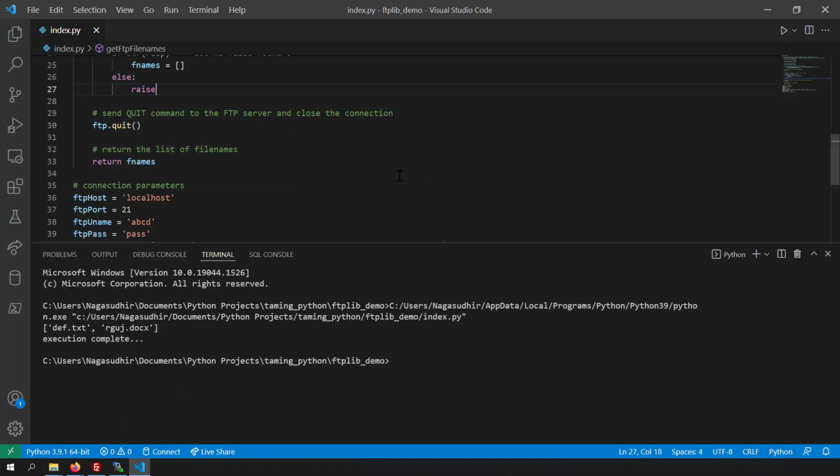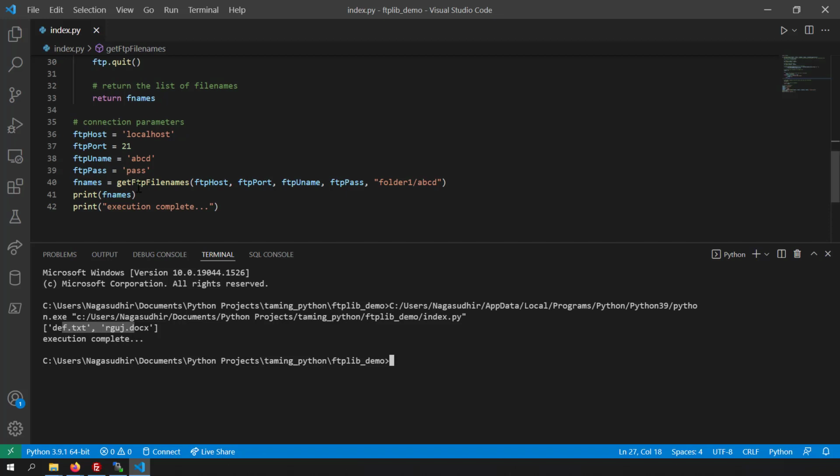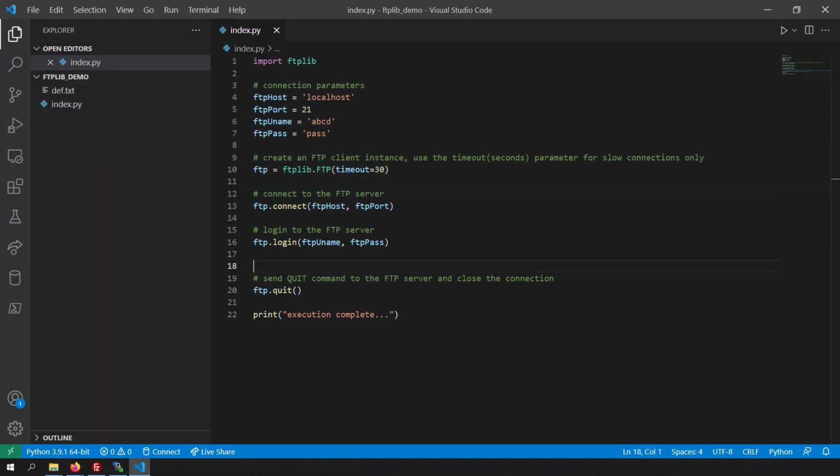So let me try to run this now, and here you can see I've got the file names. I've just created a function and I've just called it. So you can use this approach also in your projects so that your code looks clean. Alright, so let's move to the next example where we are going to upload a file to the